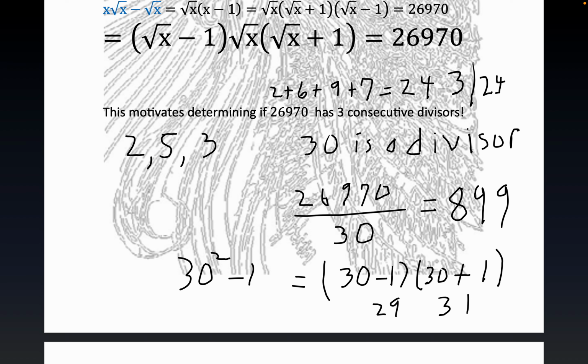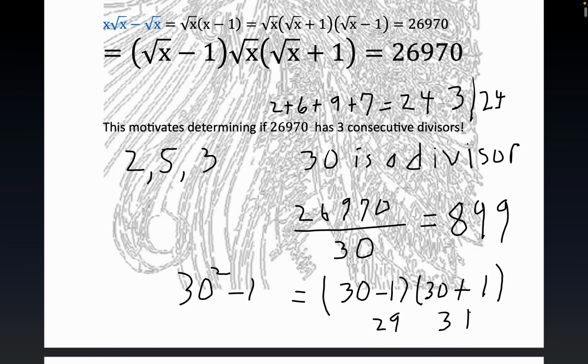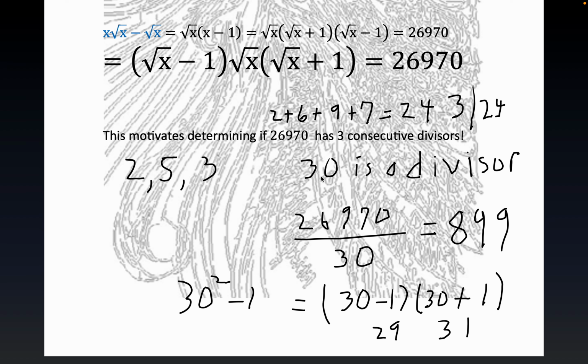We have 3 consecutive integers that are divisors of our big number, 26,970. And so what we can do, folks, is just line them up right here. Remember, these happen to be integers, so they're consecutive in that sense. You don't think of consecutive real numbers in any sense because they're continuous, they're dense. But you have 29 right here, and any one of these is going to solve the problem. 29 would be this integer, 30 would be this integer, and 31 would be this integer. Okay, and again, we still don't know if it's going to work out, but we can see that it will,